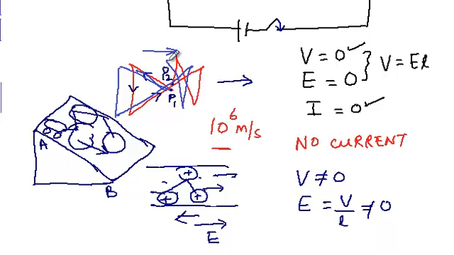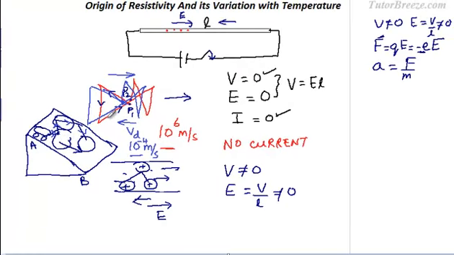It is still random, but the electron is drifting in this direction with a small velocity which is called the drift velocity. Now that drift velocity is extremely small, that's just 10 to the power minus 4 meters per second. Say this car was rolling down, it's moving at a very high velocity, it's moving at a velocity of 10 to the power 6 meters per second in all these directions. But you can also see that it is rolling downwards, and the speed with which it is rolling down is 10 to the power minus 4 meter per second, and that is its drift velocity.